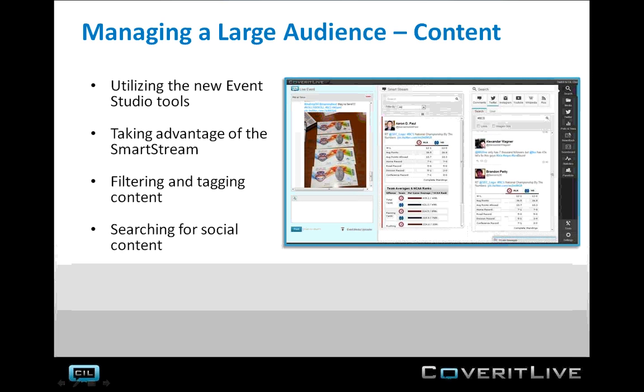The first area we're going to start is on managing a large audience and how to manage content. And particularly we'll focus on comments. If you have a large amount of comments streaming in from various different sources, whether it's just readers submitting them through the window, or if you've enabled something custom through the API or the email comment option, we'll show you some of the ways that you can manage those, and then also delegate that if you're working with a team